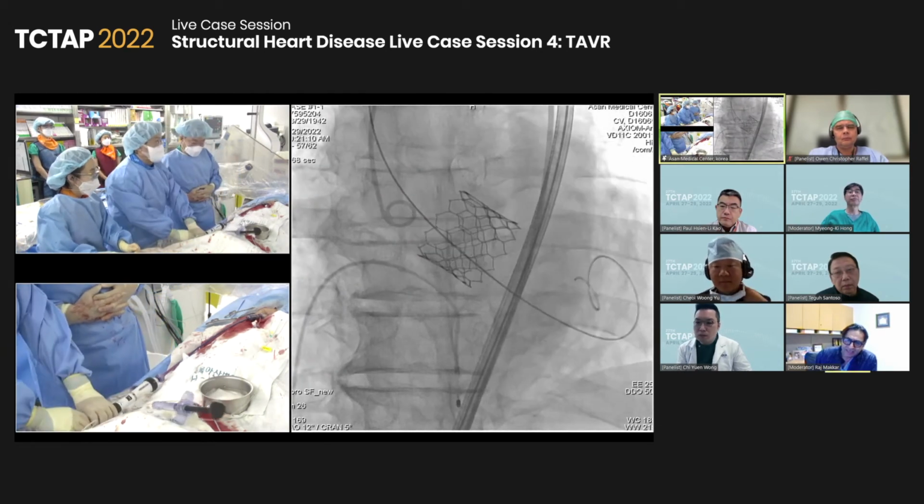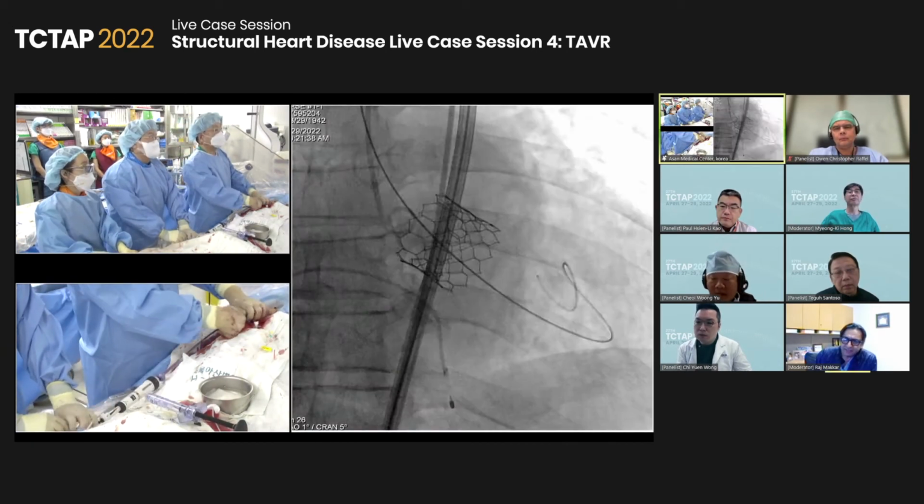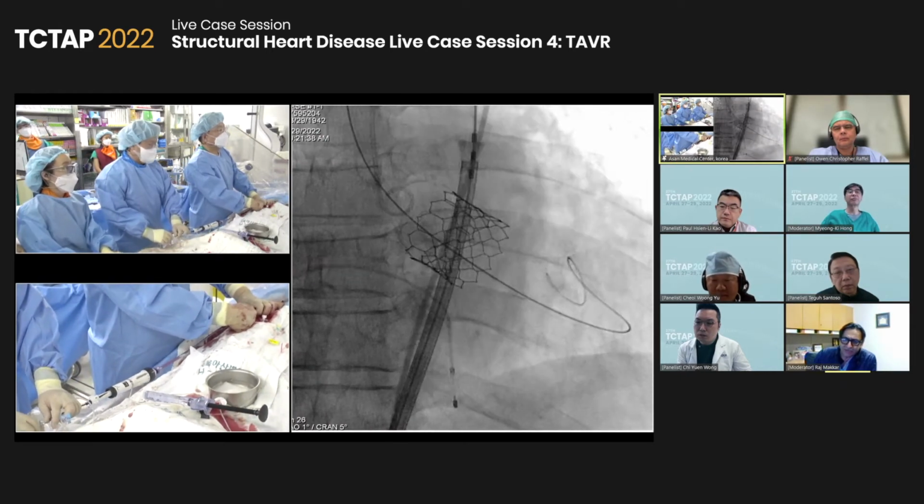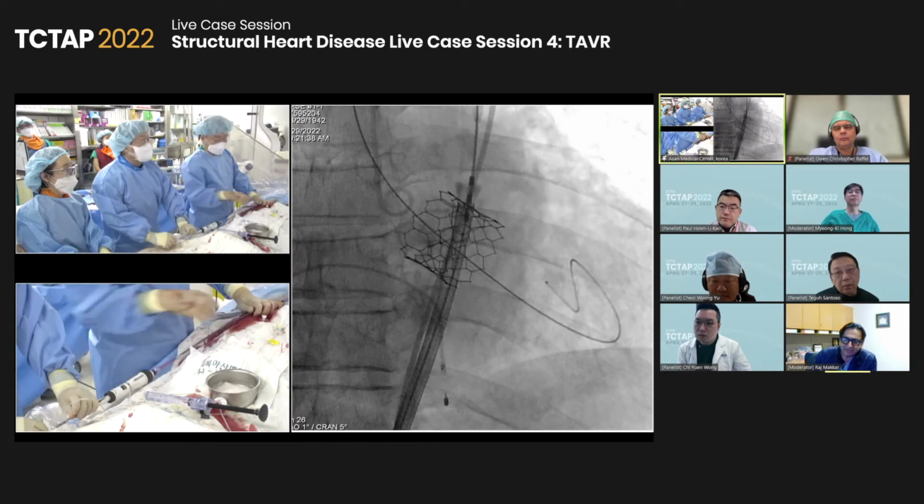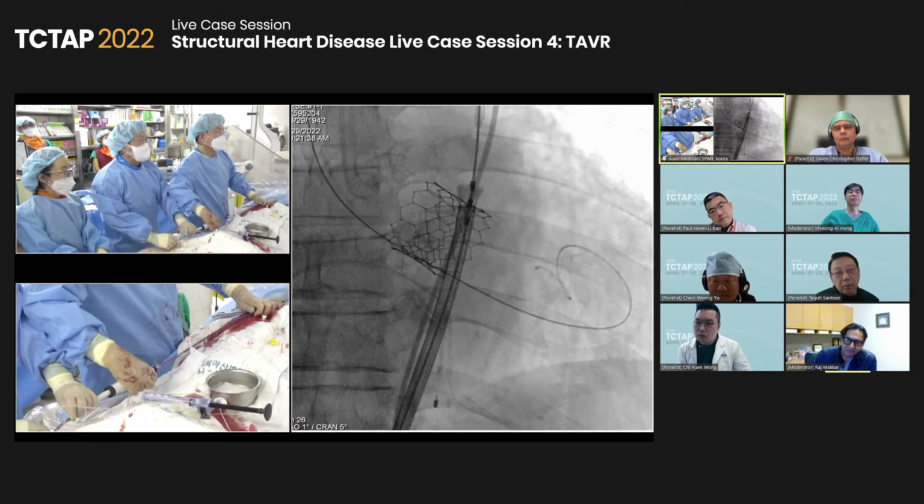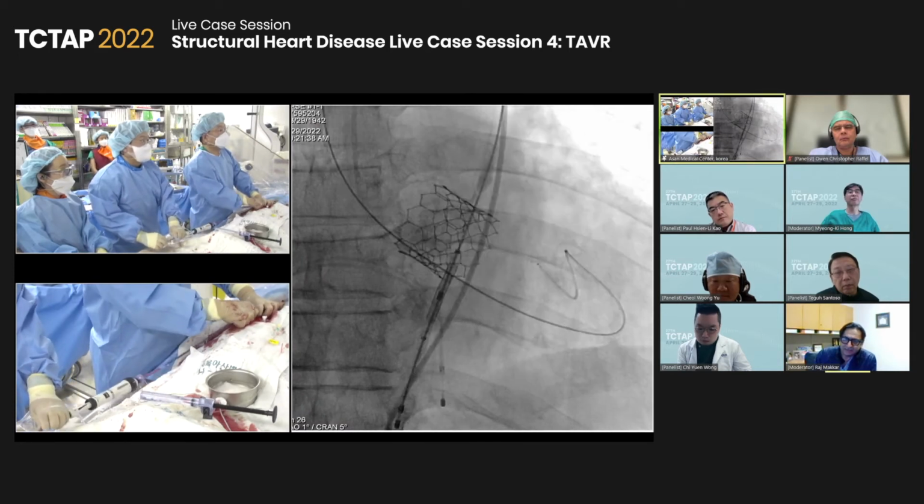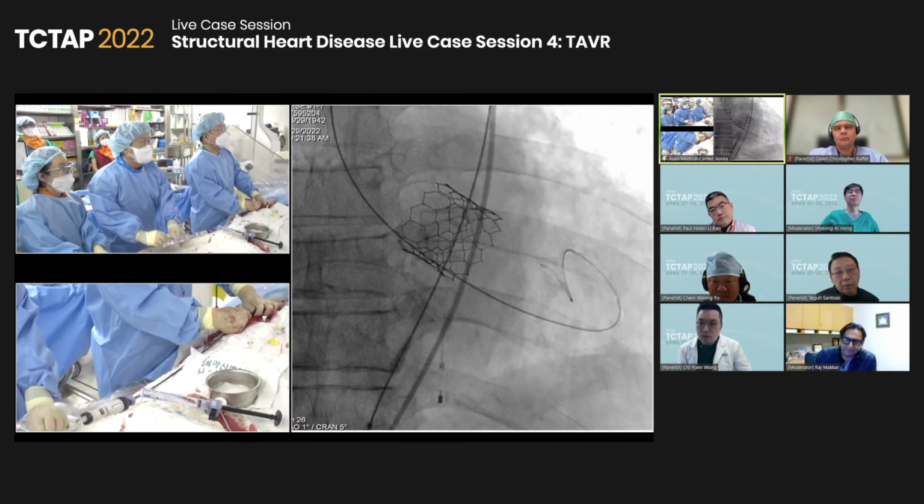Then what you can do is see if the pigtail catheter will go down. If there is room, if you counterclock your pigtail catheter and see if it will go down in the cusp, you might. Okay. And yeah. Then